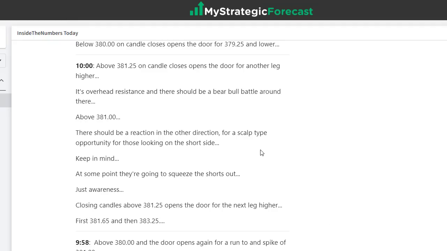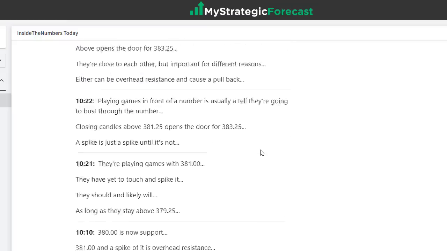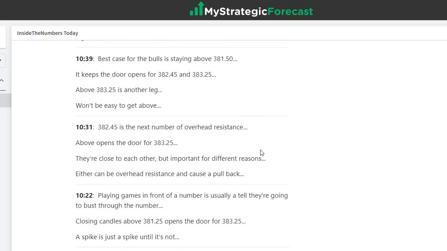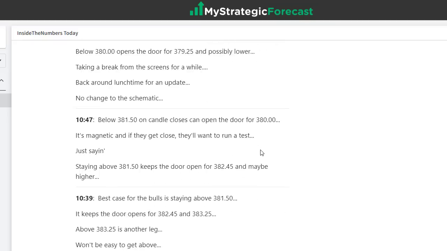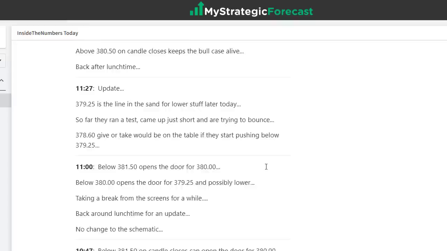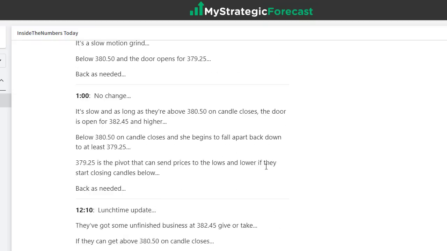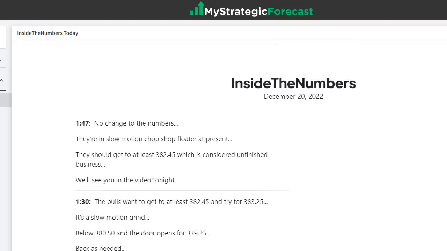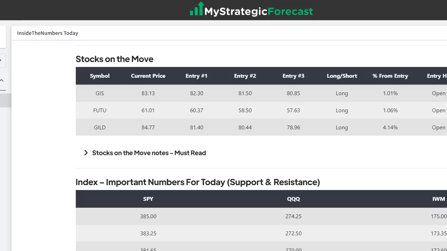But there wasn't anything really that I found with a lot of meat on the bone in terms of a trading opportunity from 0 dark 30 this morning. Don't worry, there's another trade around the corner, I guarantee it. Even stocks on the move, we had 3 potentials today. None of them hit their numbers. One came close, but it came up short, and therefore all of them were considered no trades.